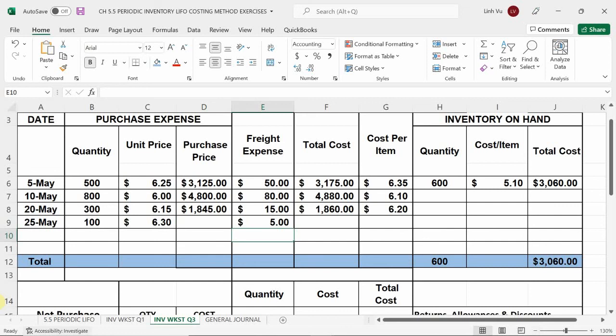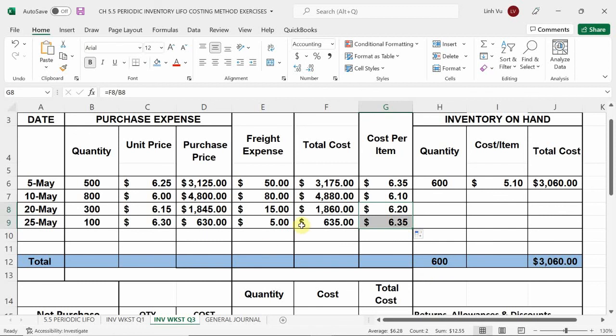So, total purchase price plus my freight gives me a total cost. Last but not least, cost per item is going to be